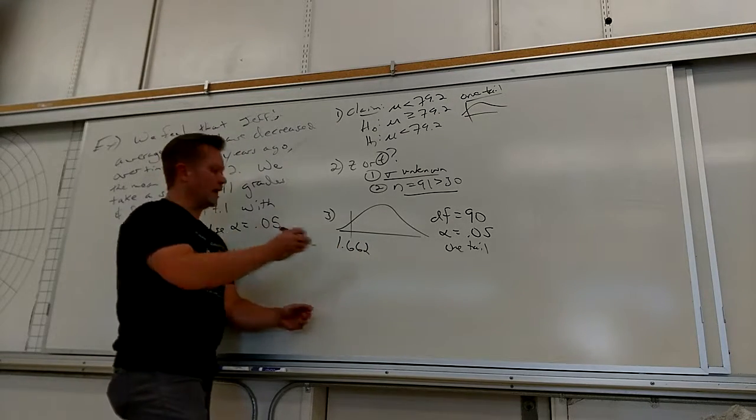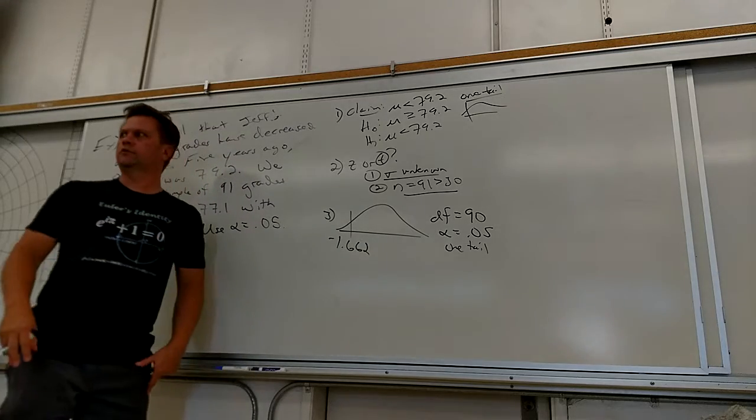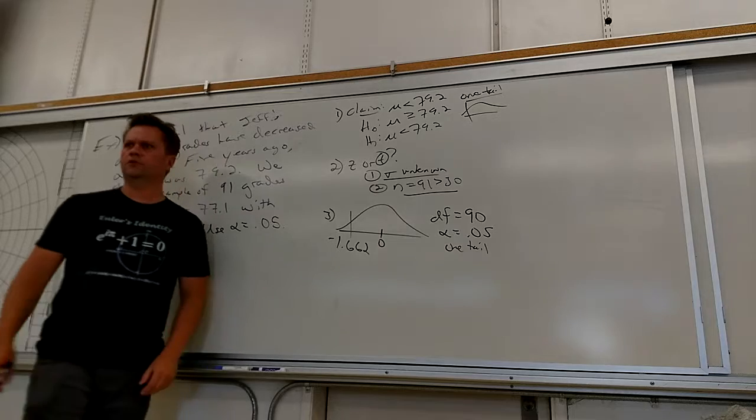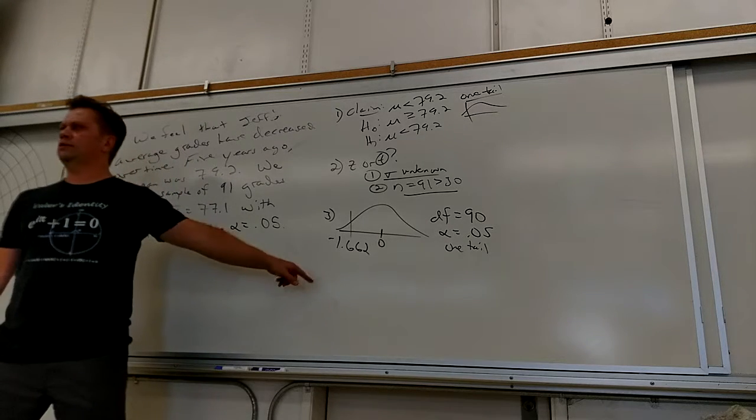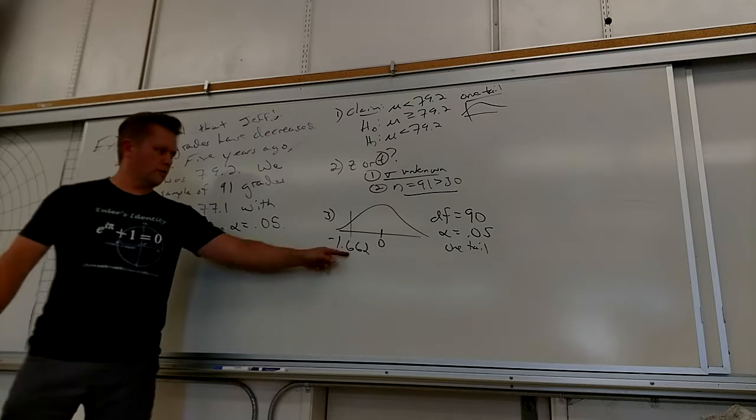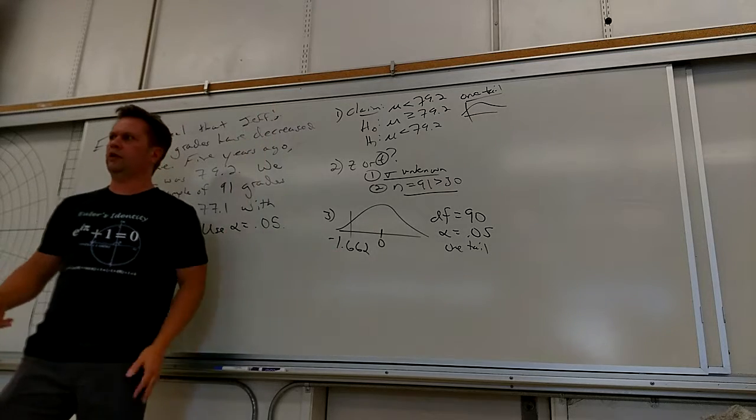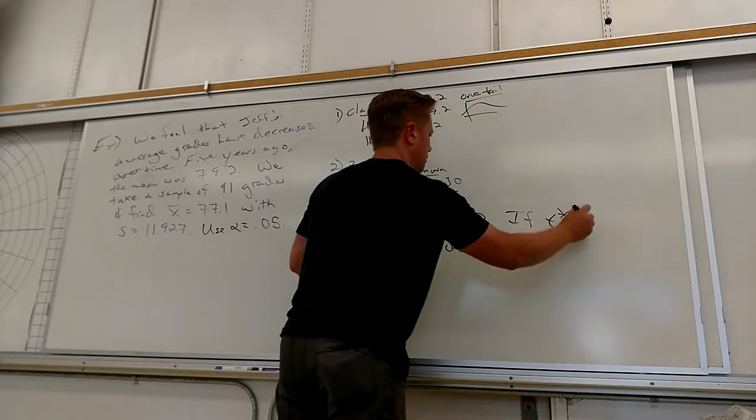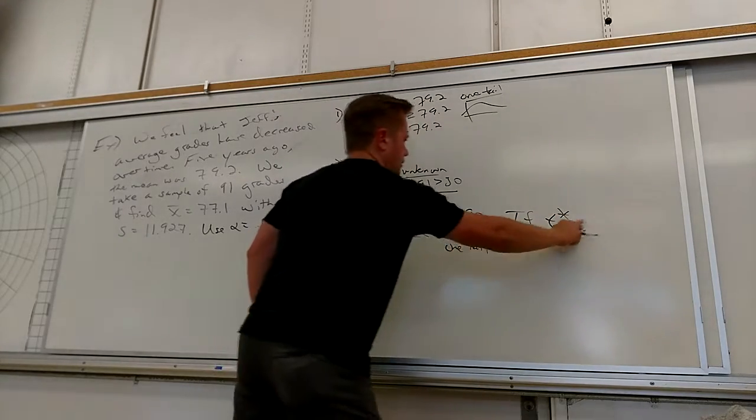Negative. It's got to be negative. How do you know it's negative? Because it's on the left side. Yeah, it's below 0. So don't screw yourself over by setting up your evidence wrong. If you have a positive one there, you're going to mess yourself up later, possibly. So in this case T star, I guess you call it, is